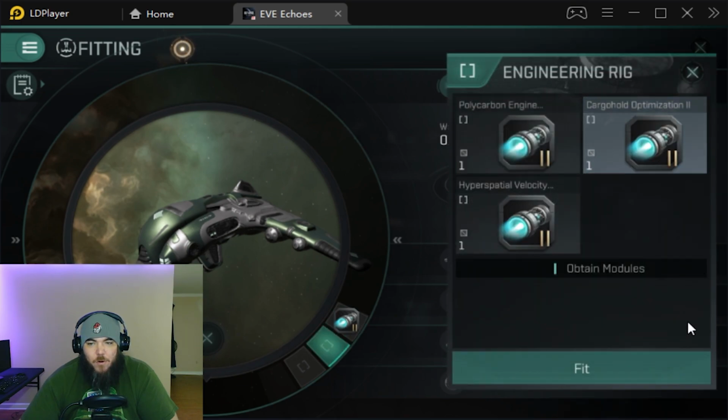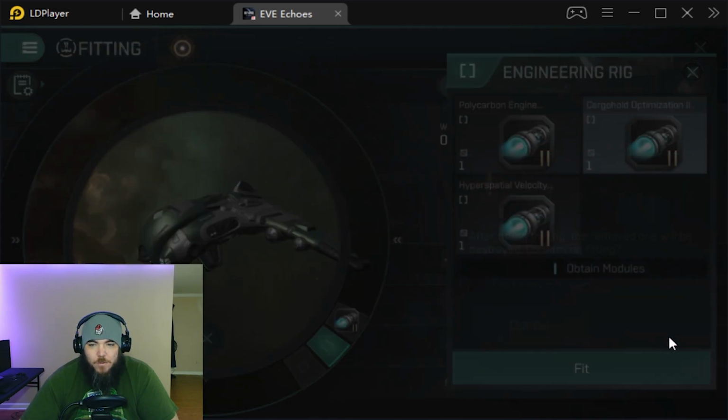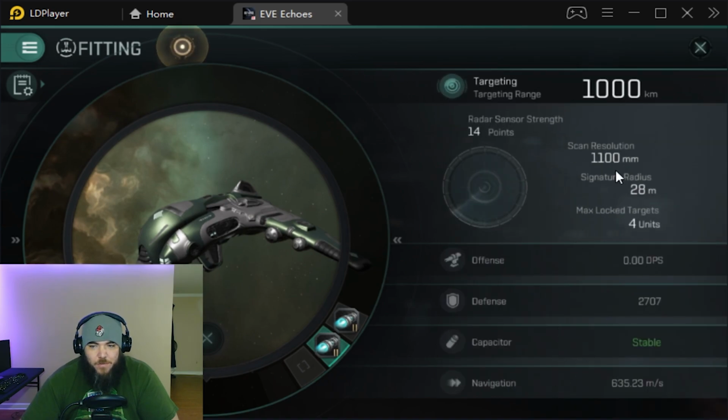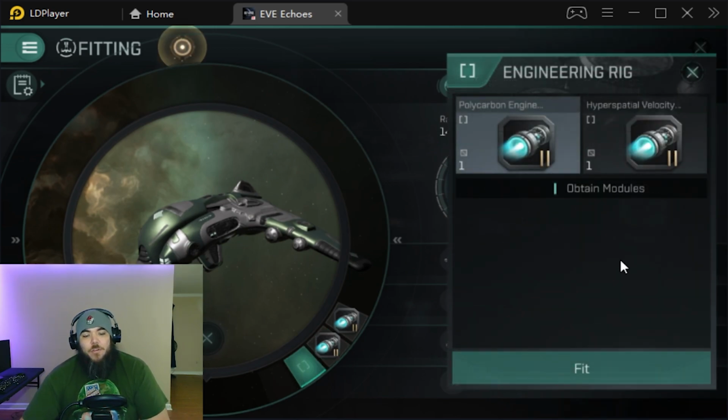Over here, we're going to add another cargo hold optimization 2. Okay, we'll add it and see. We're still at 0.75, and our signature radius hasn't changed by adding the rigs, so you don't have to worry about that. For the third slot,